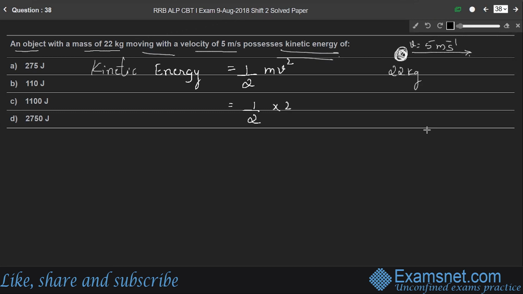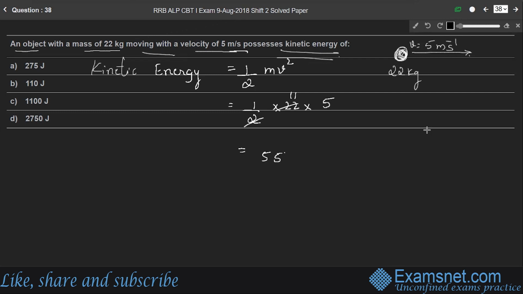Half into mass is 22 kg and velocity is 5 meter per second. So no need to convert the units here. All the units are in SI units, right? So 22 into 11 is, 2 into 11 is 22. So 11 into 5 is 55. Am I right? Meter per second,